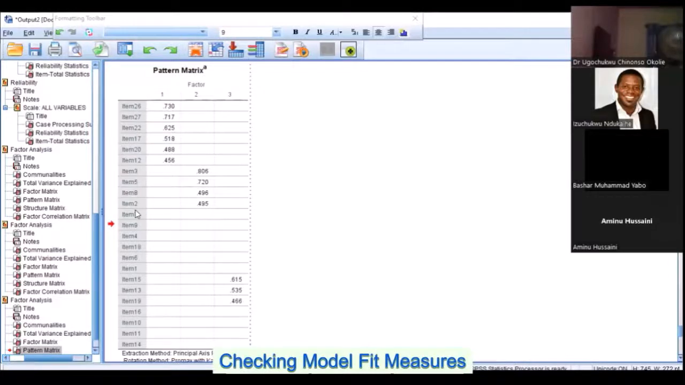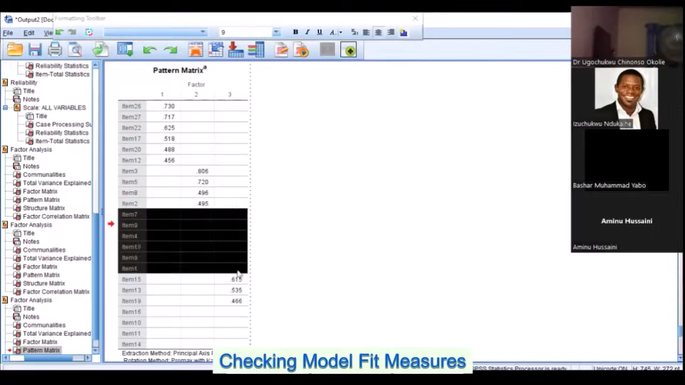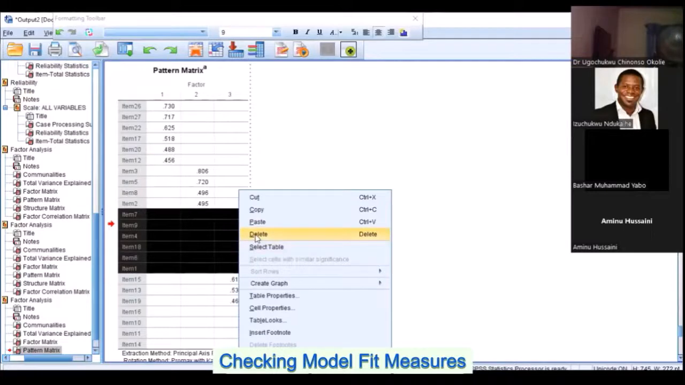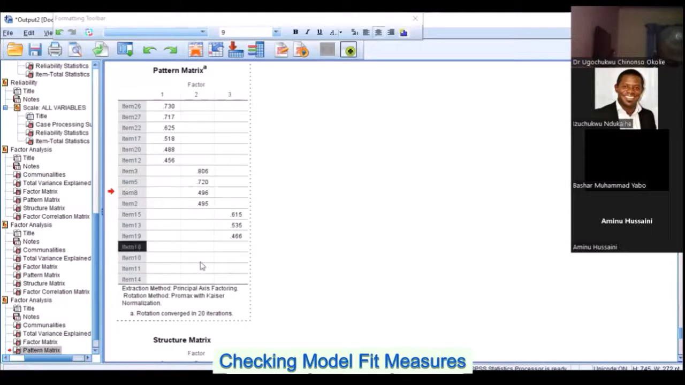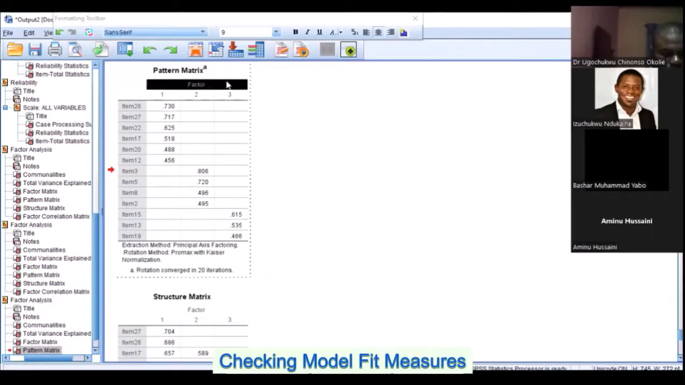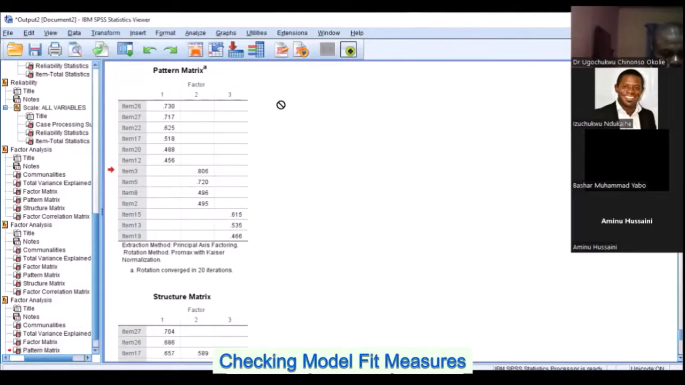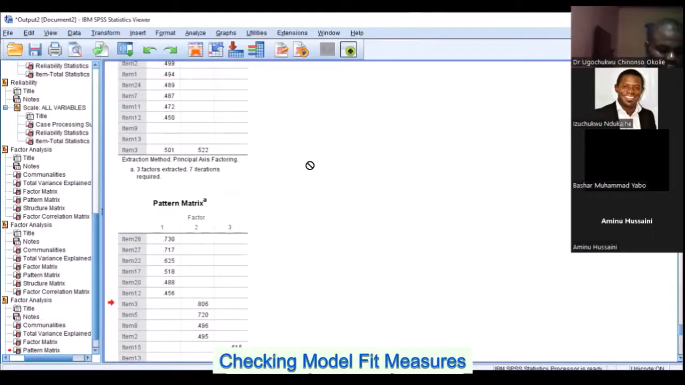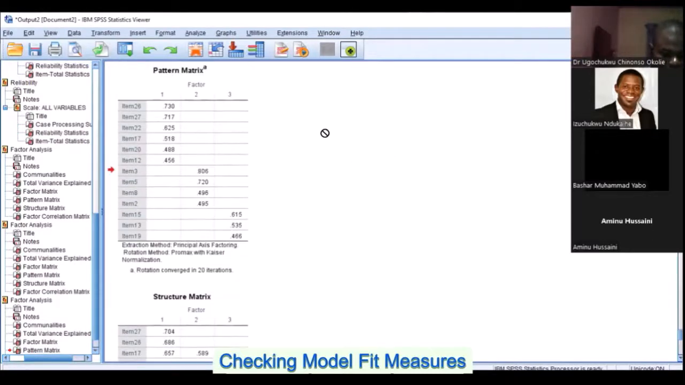Okay, that's fine. Okay, so okay. So that's pretty good. So what I need to do now is,